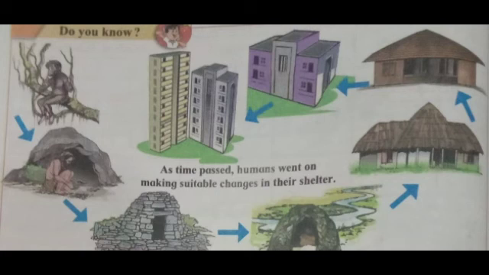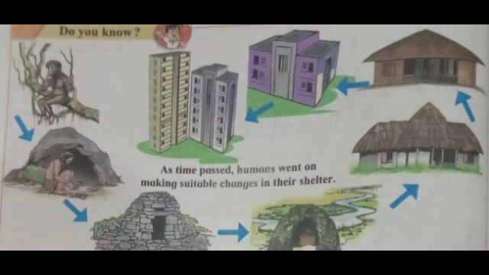Then by progress, they started to make a dune with the help of stone, and small igloo-type houses, but with stone or earth. Then they made progress and started to build a proper house with the help of mud, dry grasses, wood, etc. Then after some time they also progressed and started to make flat-roof type houses with the help of stones and bricks.